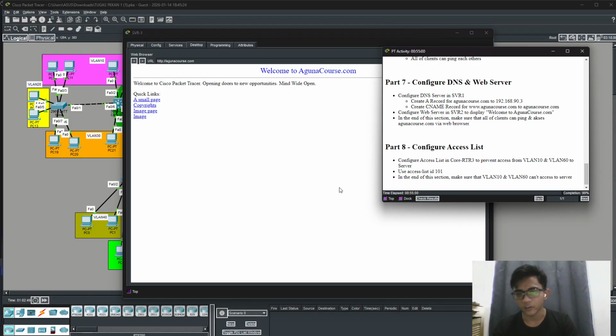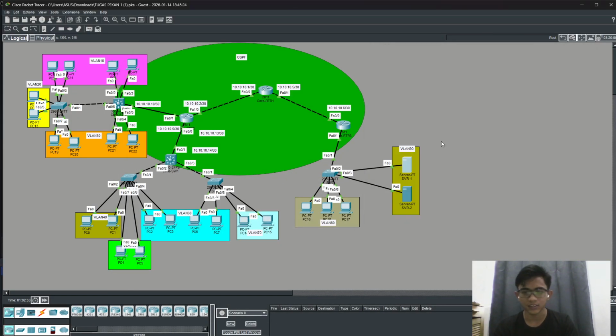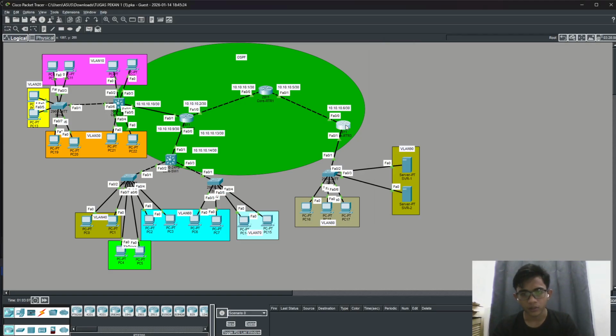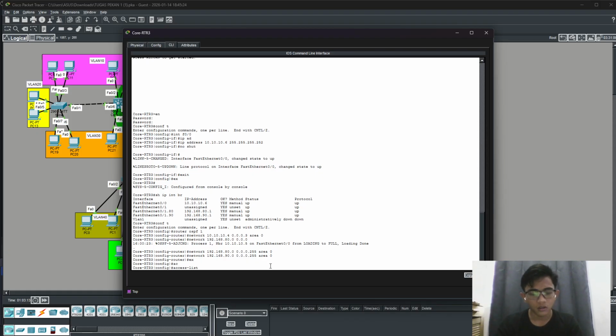Okay, and the last one, I guess, is the access list. Access list: on core router 3, prevent VLAN 10 and VLAN 60 from accessing the server. So VLAN 10 and 60 are prohibited from accessing the server, I guess. Okay, now we open router 3, config, access list.